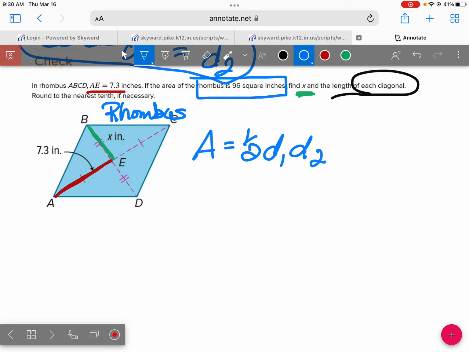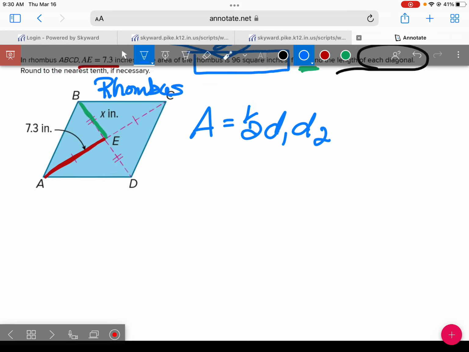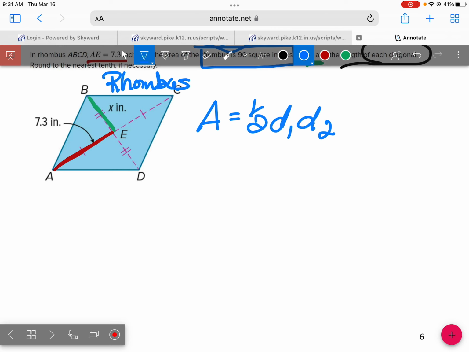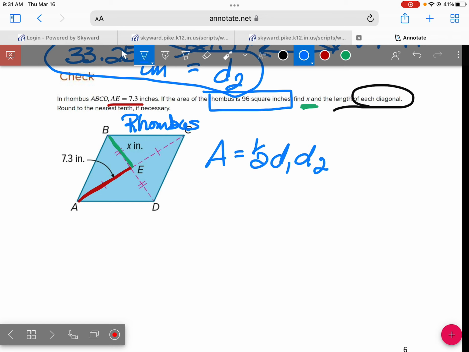Always start with the formula at the top. Okay? All right. So they give us the area, 96 square inches. Put that in place of A. 96 equals 1/2